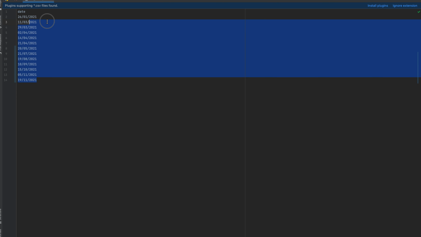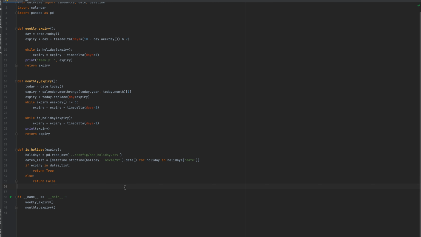I have a CSV file in which I have kept all the NSE holidays. So it will check if that particular Thursday is a holiday. If it is, then it will simply subtract one day, that means it will fall back to Wednesday, and we'll again check if Wednesday is also a holiday or not. That's how we are calculating weekly.